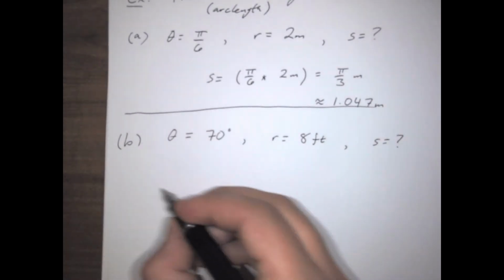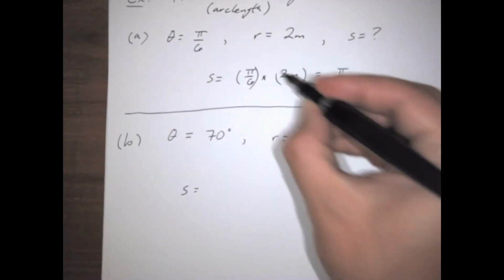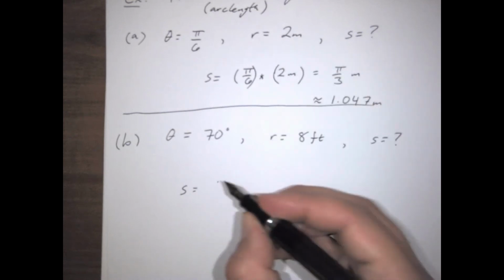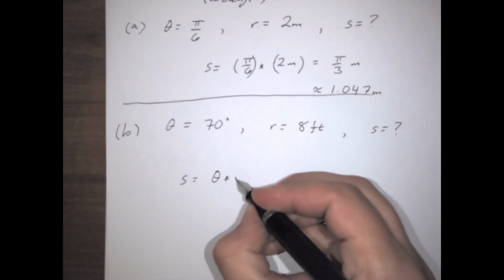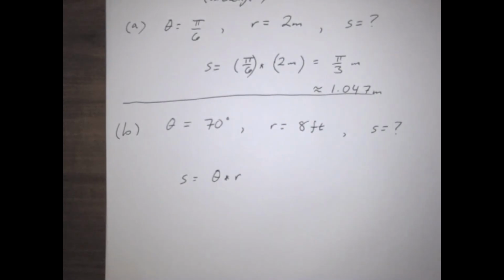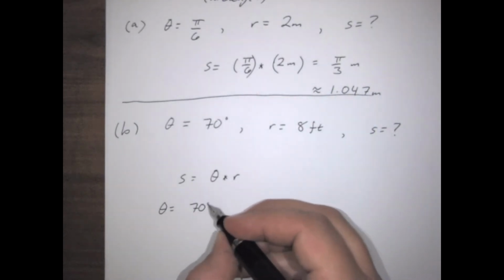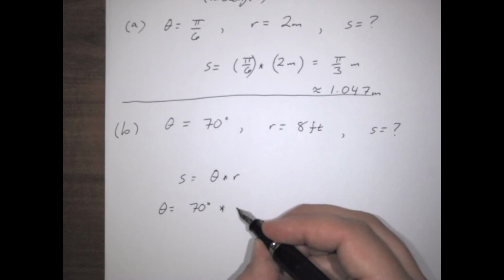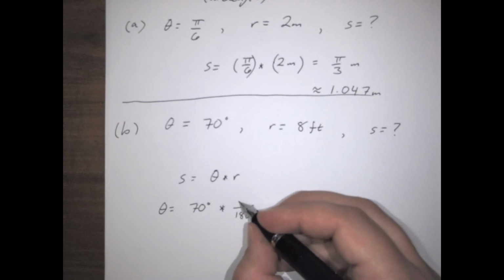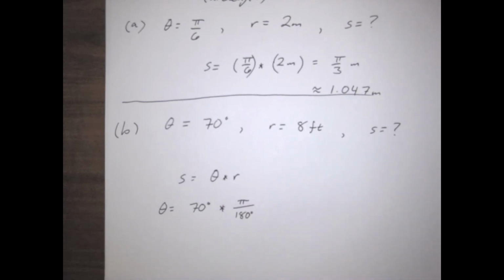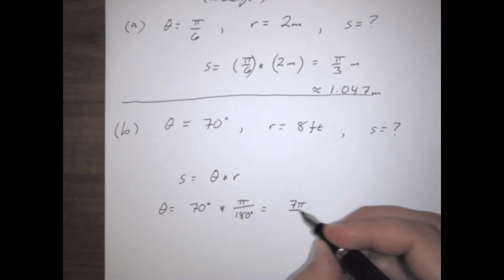All right, so let's see here. Well, S is equal to theta times R. Well, theta, if it were in radians, could just be plugged right in there, but it can't be. So theta equals 70 degrees times, now the quick fraction here is 180 on the bottom, pi on the top. And I can see that those are going to cancel a little bit, and give us just 7 pi over 18